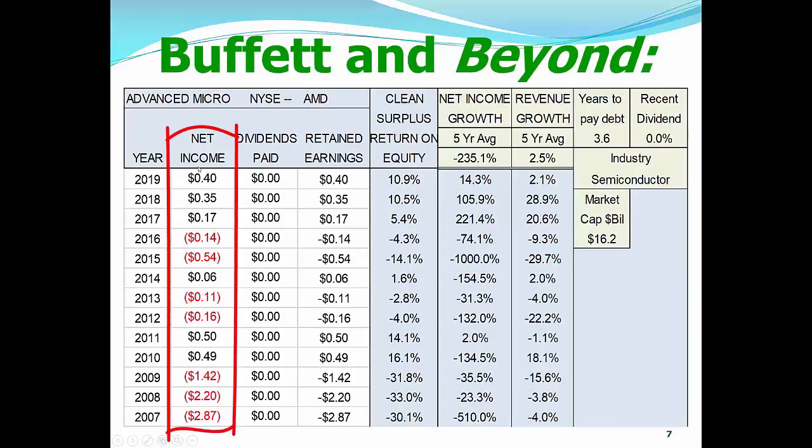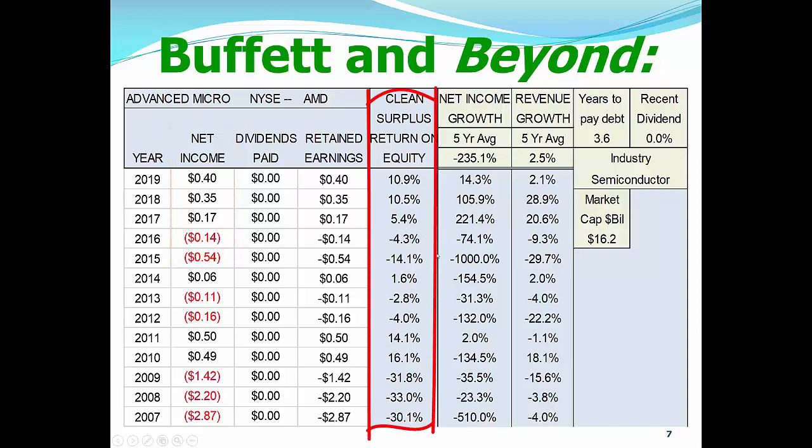Okay, let's go over to the net income first, and here's where we talk about cyclicality. Look at these red numbers in here. This is when the company lost money, so how could you expect a company like this to be in one of our portfolios? Now, in 2017, this company was coming off a loss and started making money, doubled it in 2018, and is going to increase another 14% for 2019. But looking at this clean surplus ROE, folks, we see it's all over the place. And you know, our threshold for getting into our portfolio is 20%. So we do not like this company.